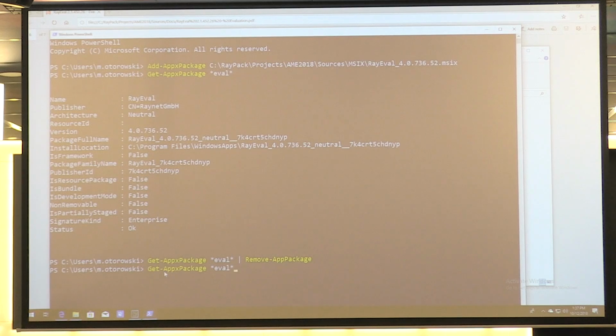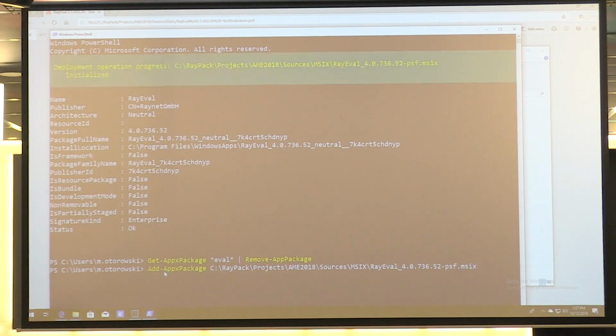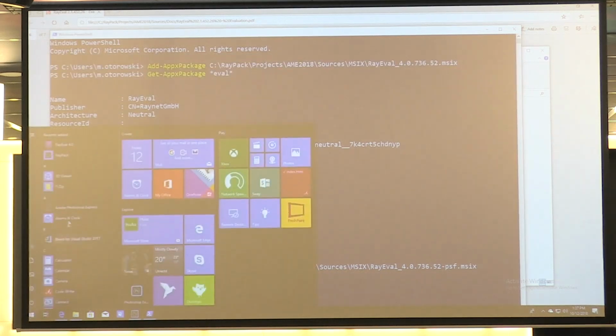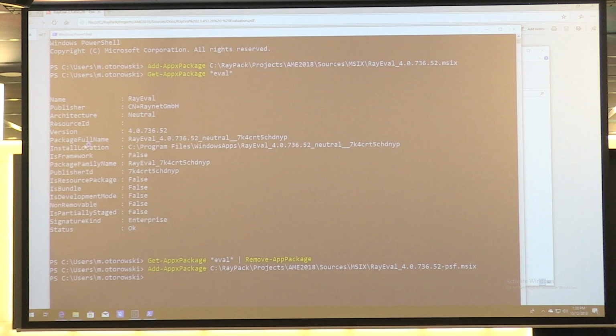And then let's install again, but this time with the PSF MSIX. I think I wrote it right. So let's try. Again, installation is in progress. And if I didn't make anything wrong with the paths, if I start RayEval right now,